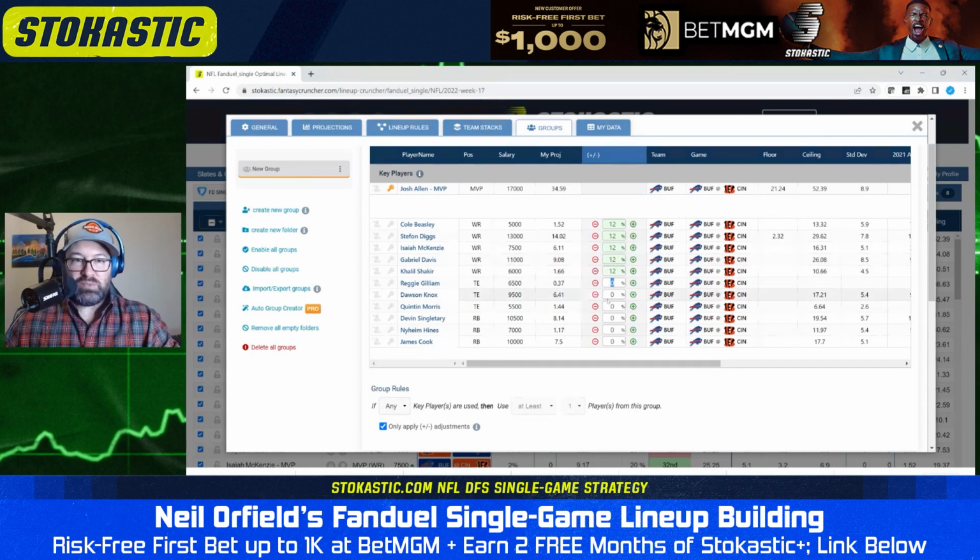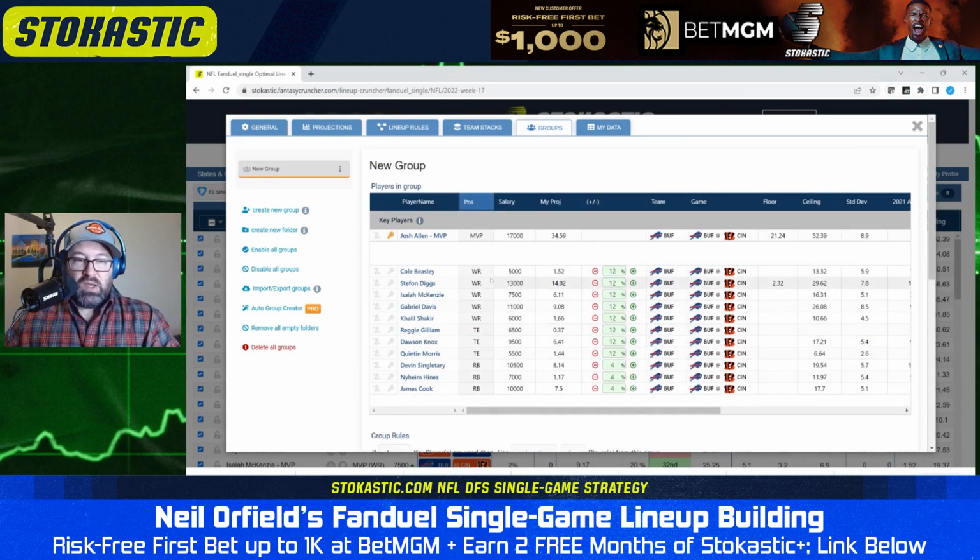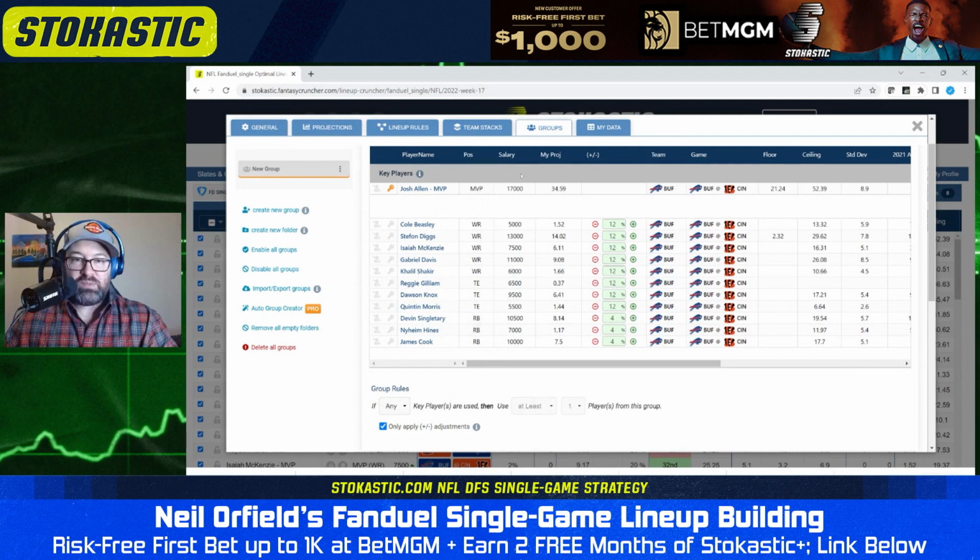Not a magic number, just a number that I've kind of come up with through some trial and error. And running backs, I give a little bit smaller boost to. Generally not quite as highly correlated. So now this is just going to make it a little bit more likely that if I have Josh Allen in the MVP spot, I'm probably more likely to get to one of his pass catchers and often more likely to get to two because I'm giving them all boosts in lineups that have Josh Allen at MVP. I was going to rename this group